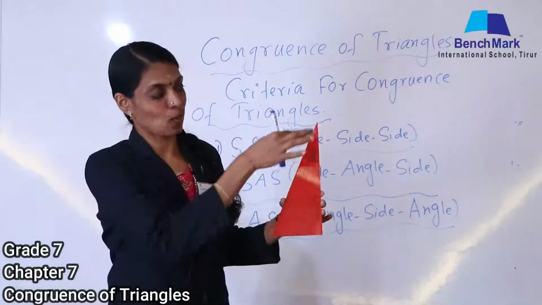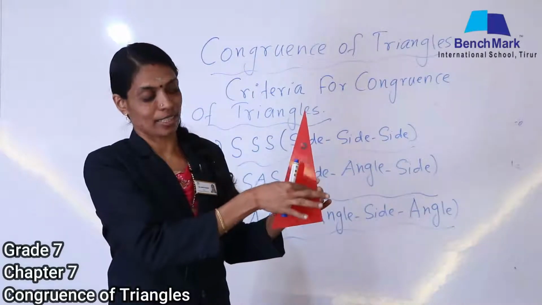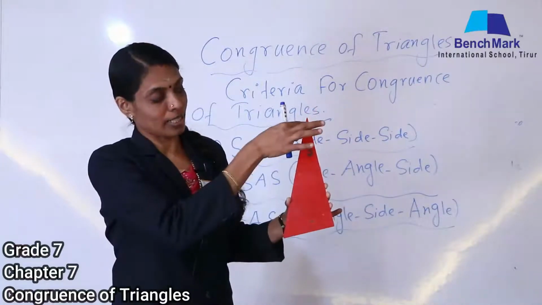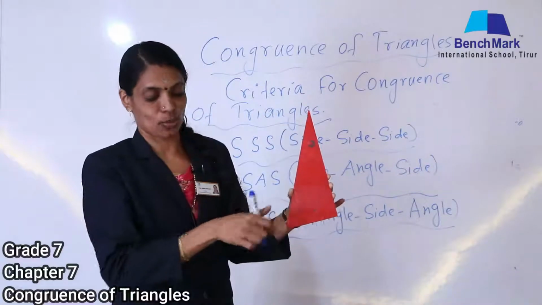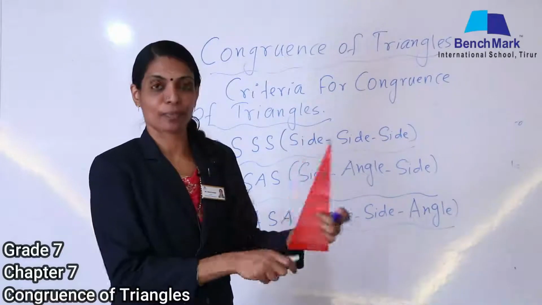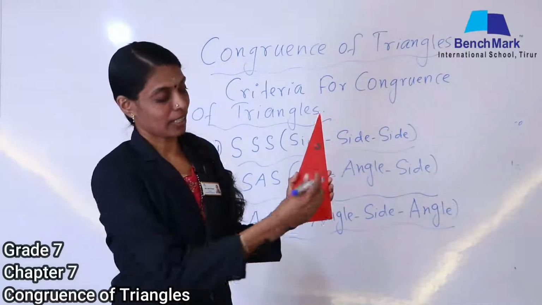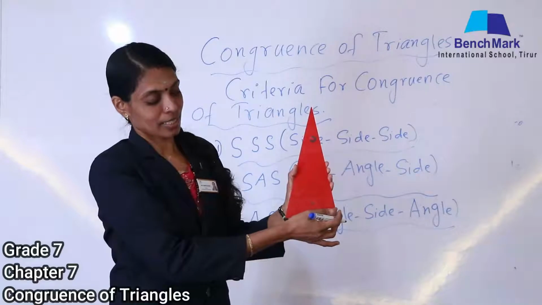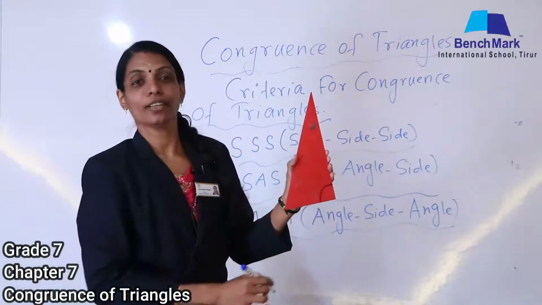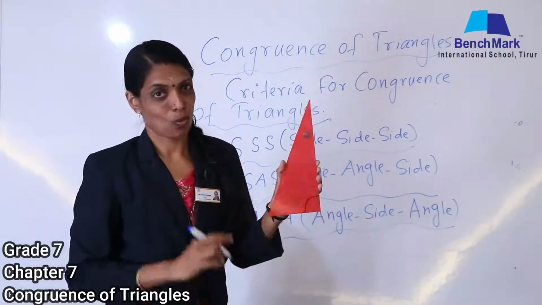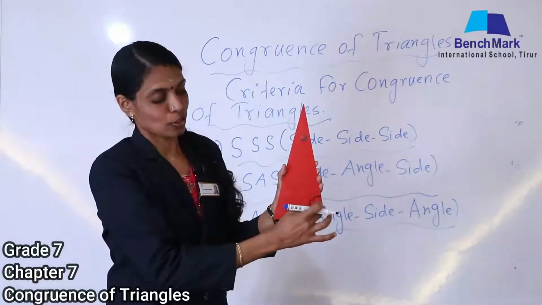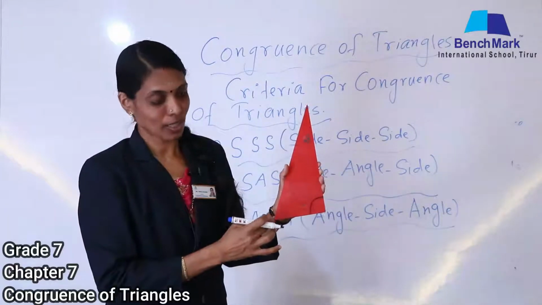So, first let us take one side. Let us take this side, and one more side I am taking at the bottom. So, you have two sides, the first one and the second one. What is the meaning of that angle A? Where should that angle come? Let us see. I have taken the first side here, second side at the base, and this angle is called the included angle. What is it called? It is called the included angle between these two sides. Okay, that is the meaning of